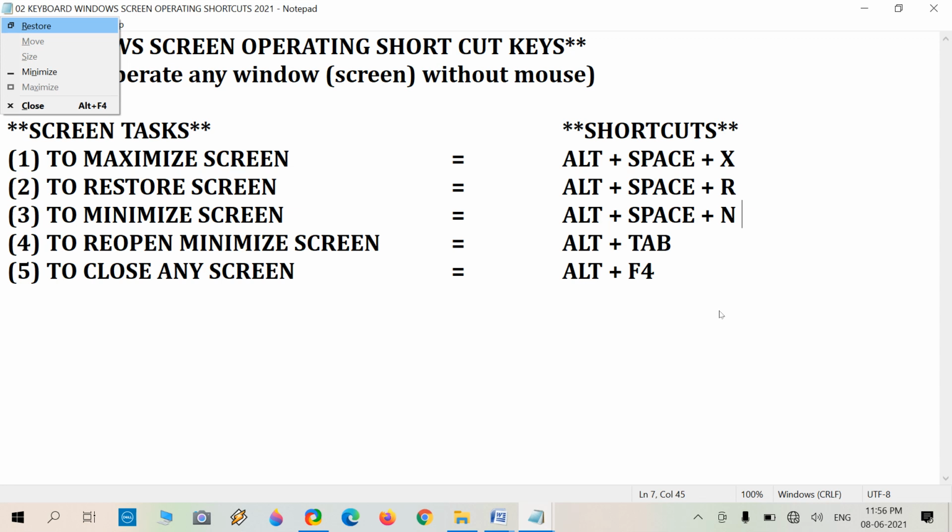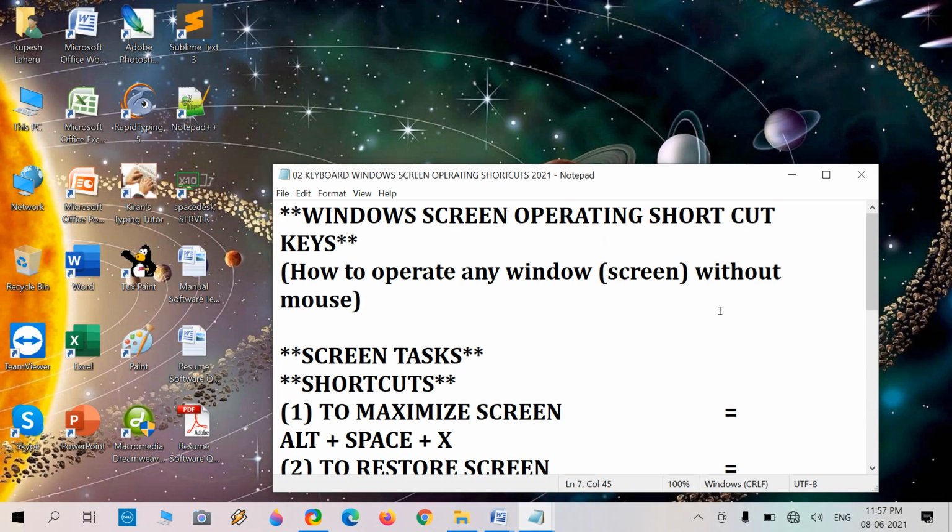First we need to press only Alt plus space. It will display the context menu on the top left side and perform the instructions like restore. Press R, I am pressing R, and it will perform the restore of the screen.